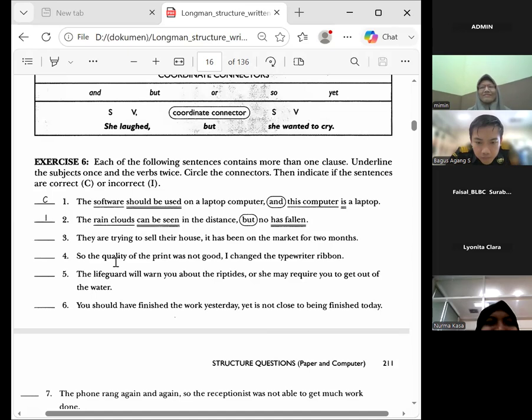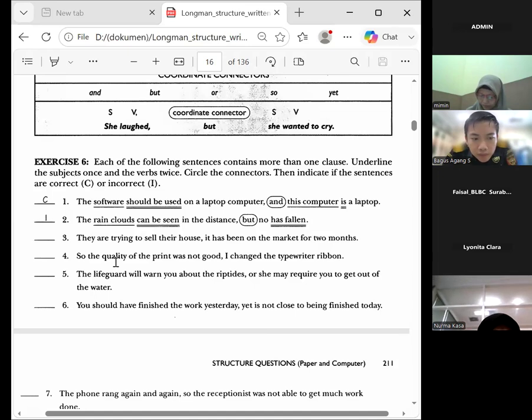Excellent. Yep. So the rain clouds can be seen. You have the subject and the verb already, and the connector is but. No has fallen. We only have a verb here. So we need a subject. Can you possibly supply a subject here? It,